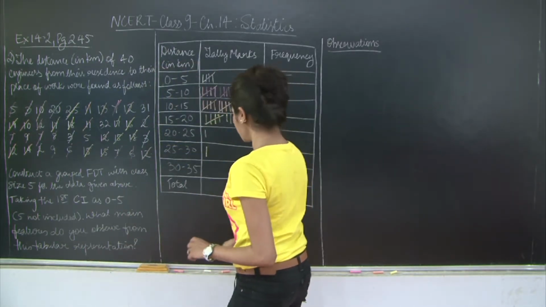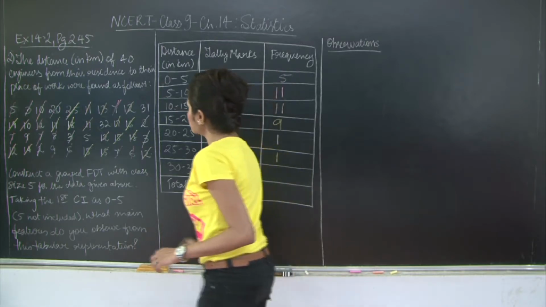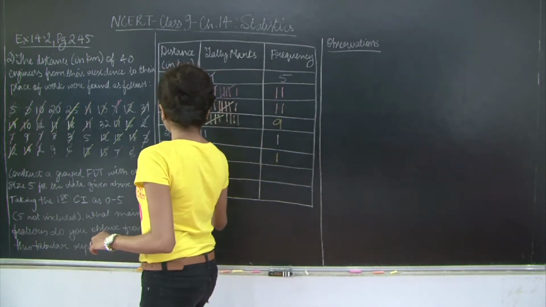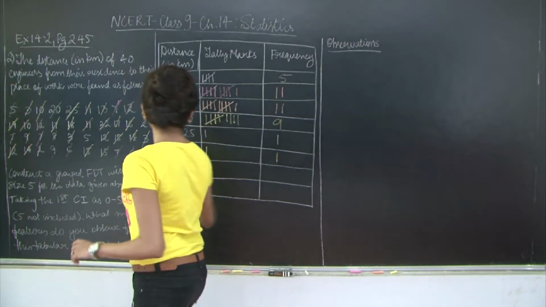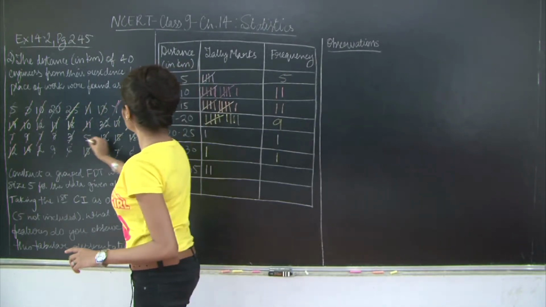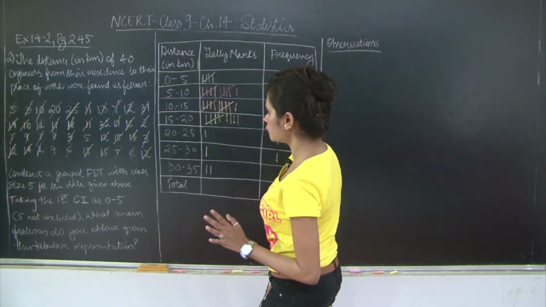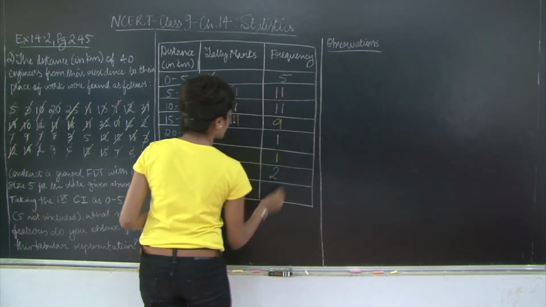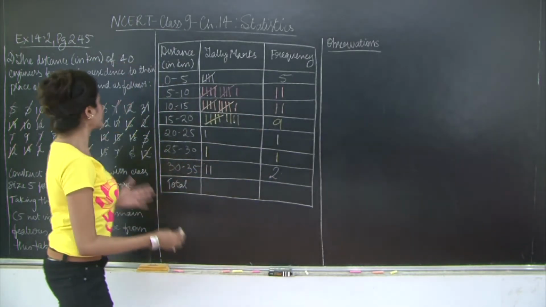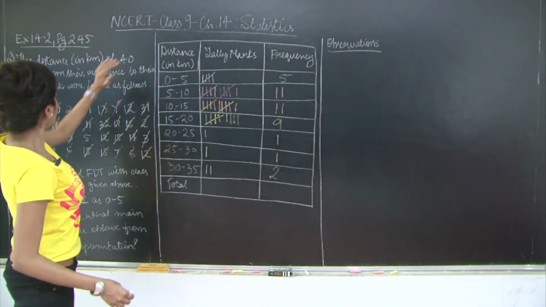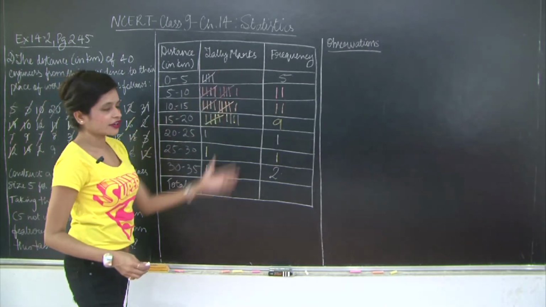Now let's check for 30 to 35. So 31, and I have 32. So I guess that's it, everything stroked off. Okay, so you have 2 over here. Now let's confirm whether we are getting a total count of 40, because here the number of engineers should be